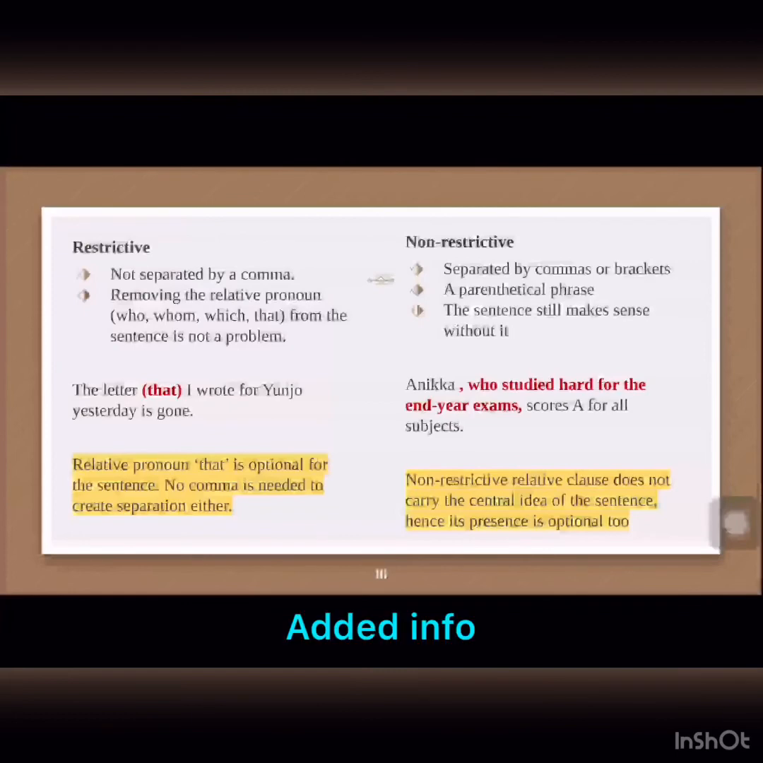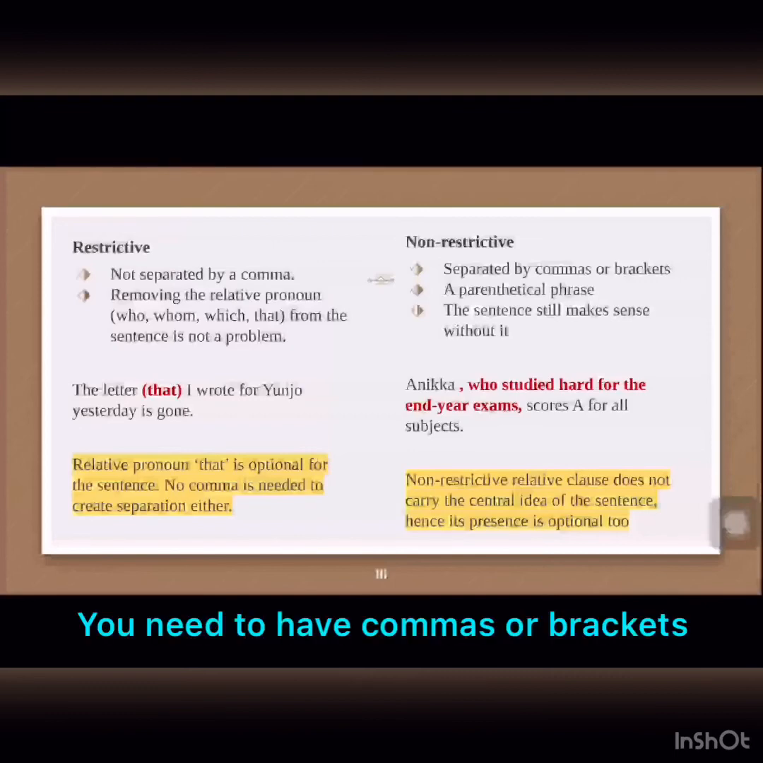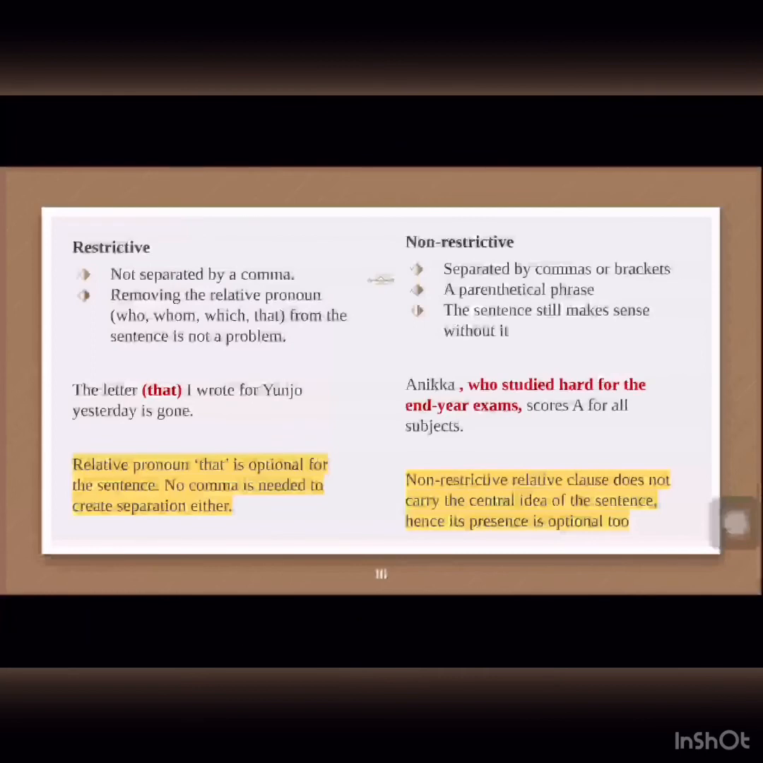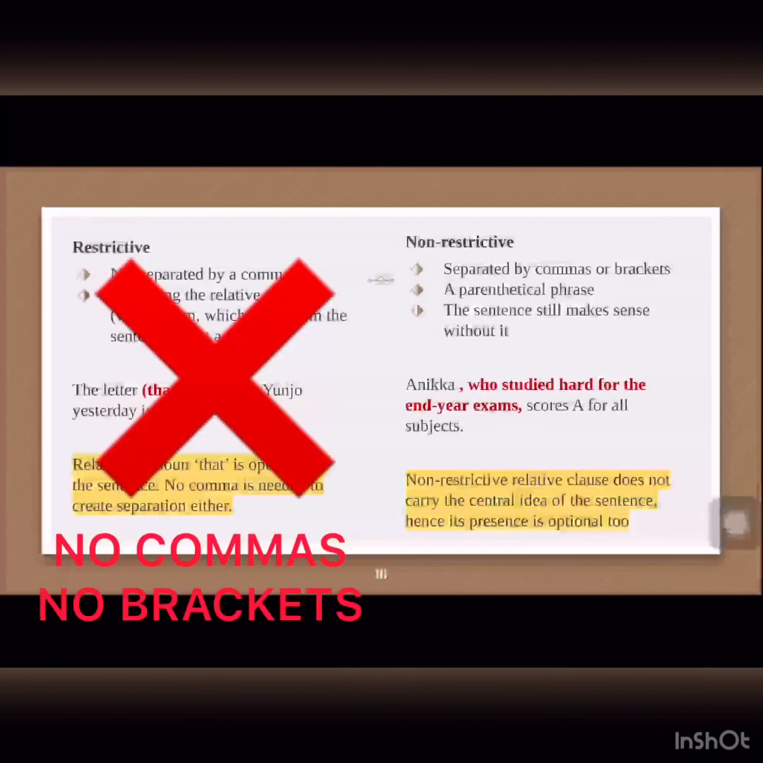complete sentence, right? And in order for you to put a parenthetical phrase, you need to have a comma or bracket to separate the added information from the complete or main idea of the sentence. But a restrictive clause is when you do not put commas or brackets to separate the added information or the relative